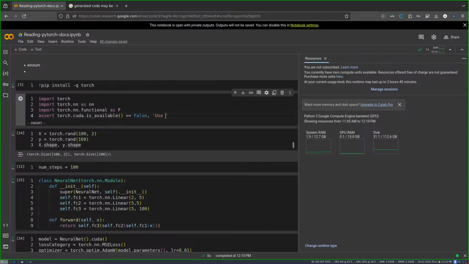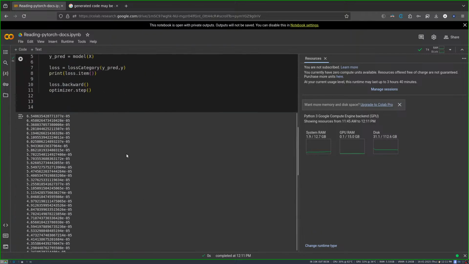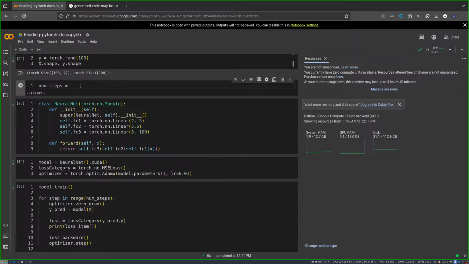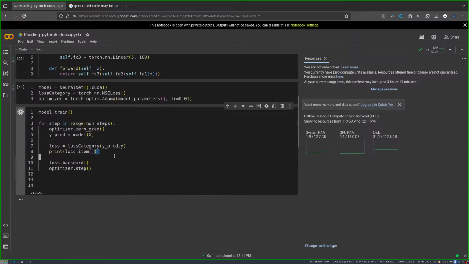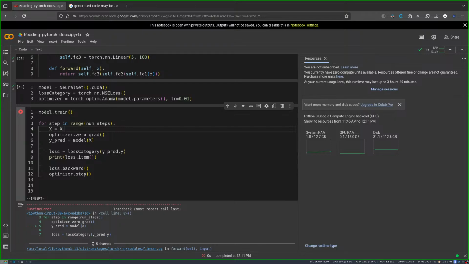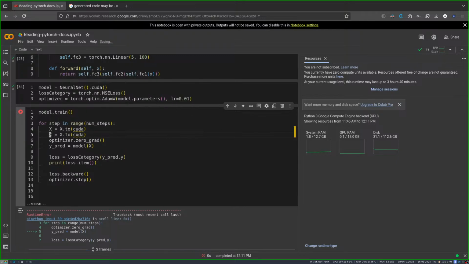Use, what is it called? CUDA instance, GPU instance. That's fine. Now, instead of 100, let's do 20. Okay. So let's do x equal to x dot to CUDA. Similarly,